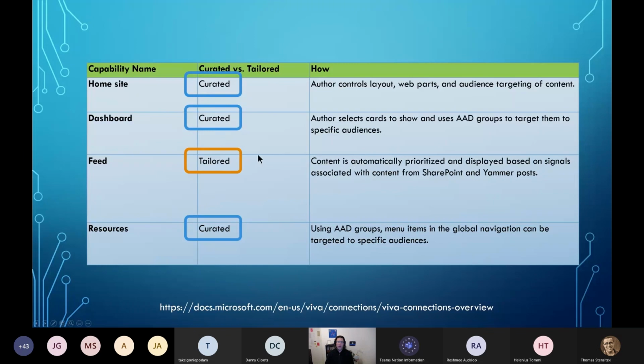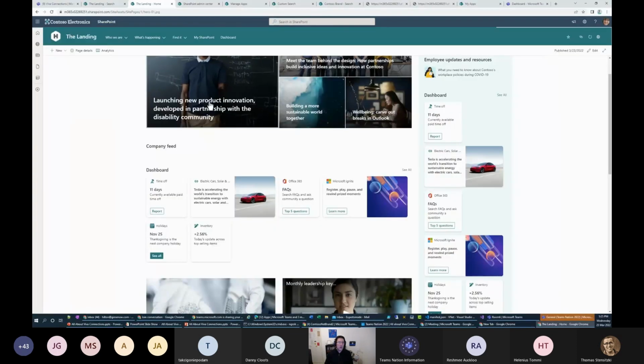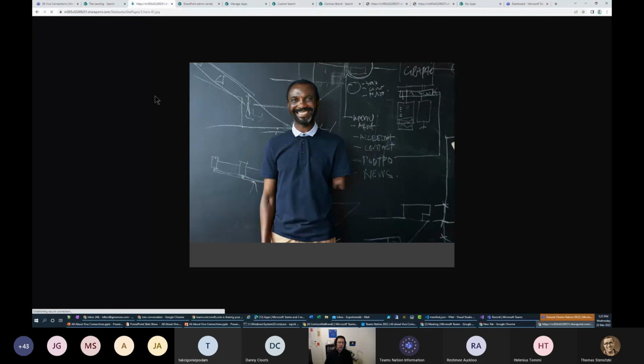But the feed, importantly, is going to be based on the publishing engine at Microsoft, and it's going to be based on signals to try and drive relevant news to your user, but you don't have direct control over what appears there. The one thing you can do, if we look at a news article,